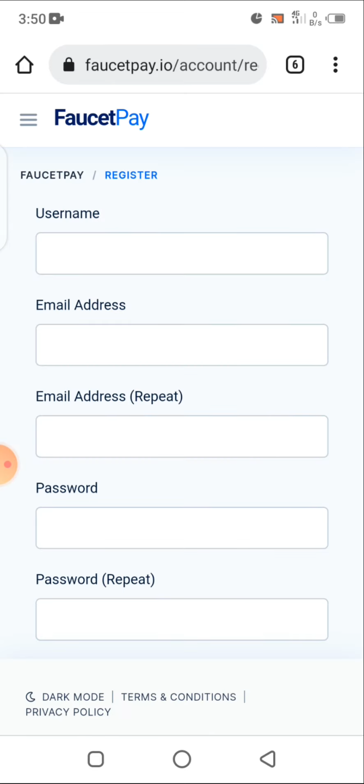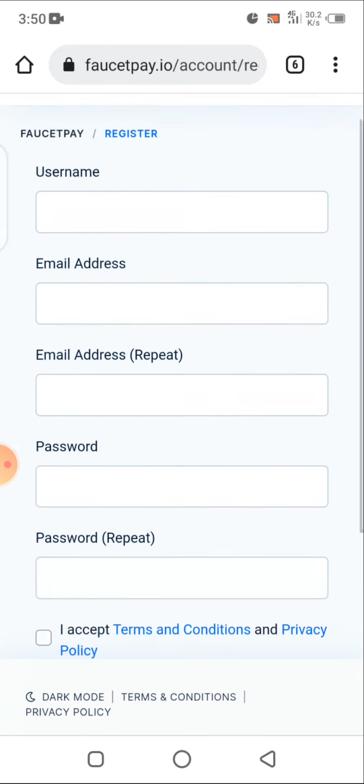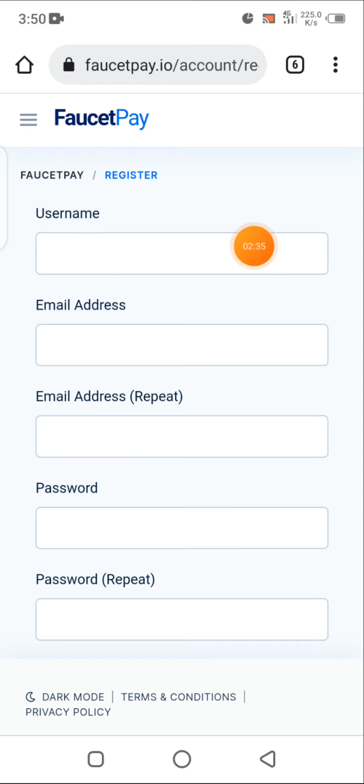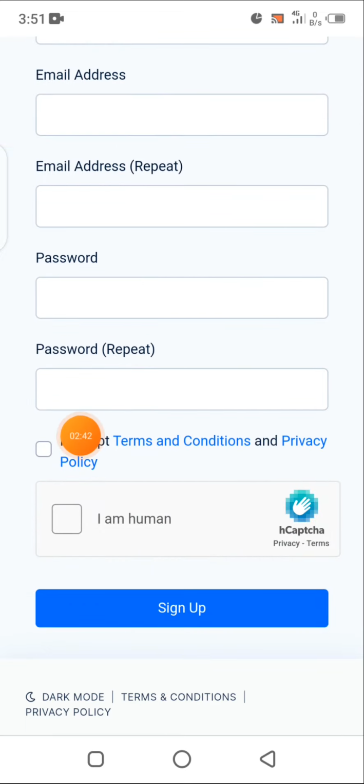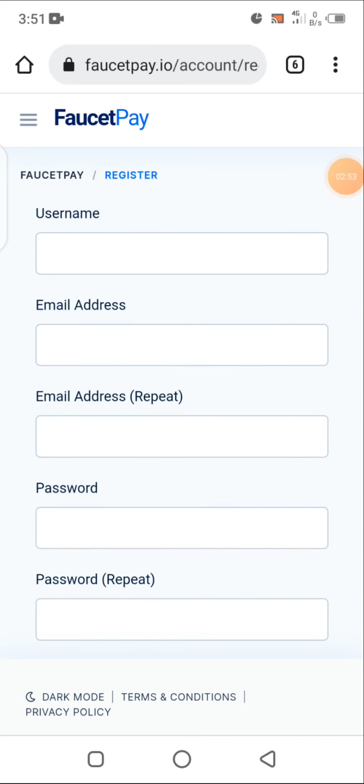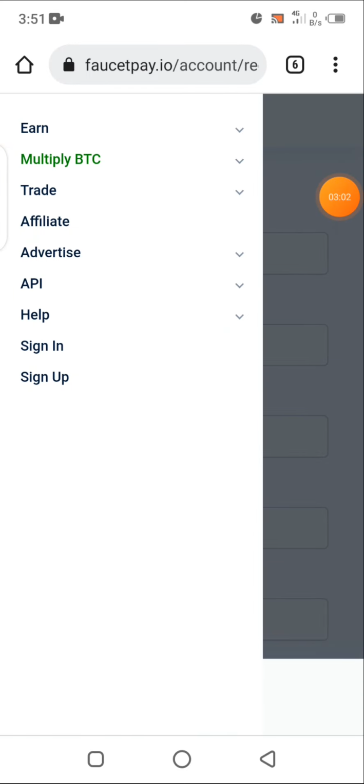So what you need to do is to try and sign in. What you will be seeing is an interface like this, where you need to put in your username, and then you put in your email address, you repeat email address, your password, repeat password, and then you complete the terms and conditions by ticking it, and then you click on the captcha, and then you sign up. That's basically it. After doing that, you will be getting an email that asks you to confirm that you've signed up for it. So once you're done with that, you should be getting a dashboard